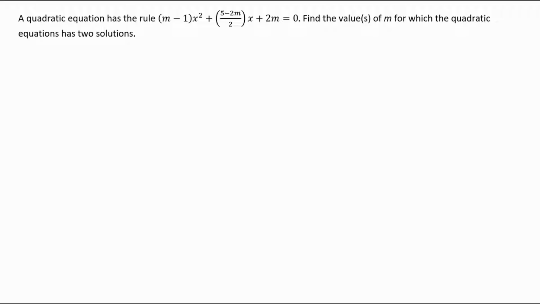These ones pop up all the time. So we're given a quadratic equation, right? Pretty ugly looking one, to be perfectly honest. M values everywhere. And it says find the value or values of M for which the quadratic equation has two solutions. Now, when you're dealing with quadratic problems, especially when you're interested in how many solutions, your best friend is